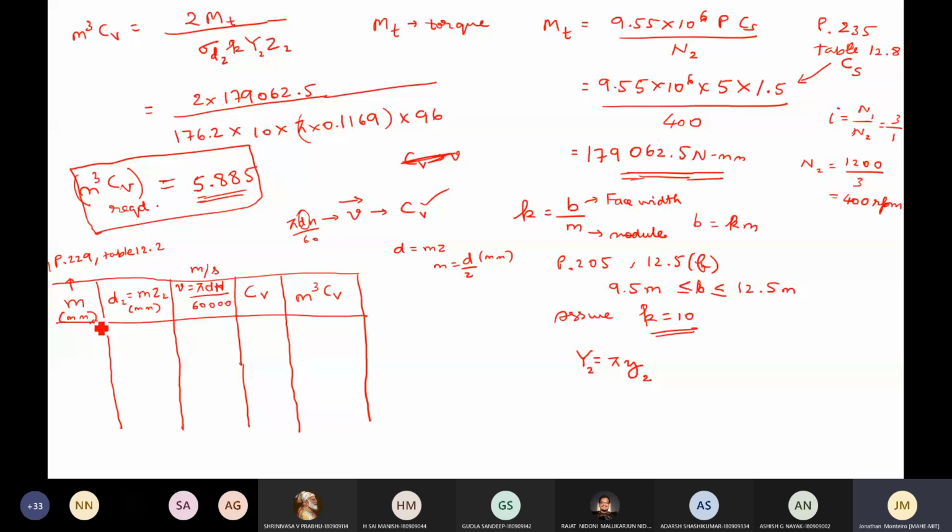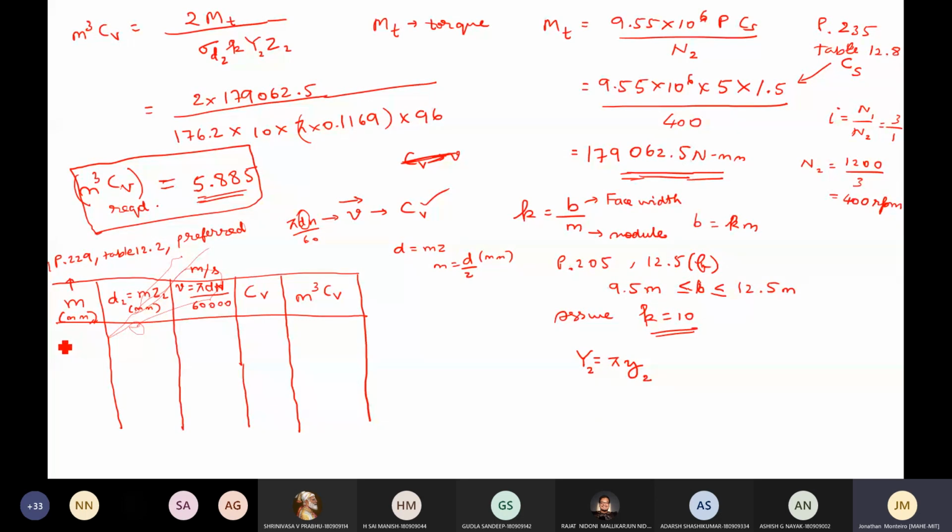Now this is an independent problem. It is not asking you to do anything like set the module between this or let the diameter be only this. It is not giving you any space constraint for the given gear pair or set. So you are free to choose, and when you choose, go for the preferred one. I'll write here preferred choice. Under that preferred, you'll see 1, 1.25, 1.5, 2, 2.5.